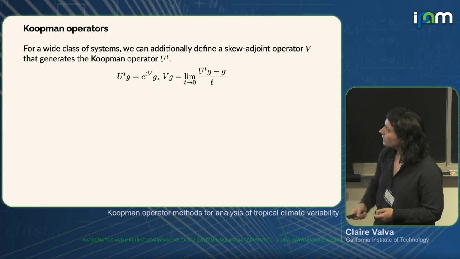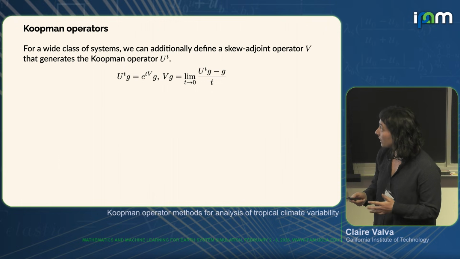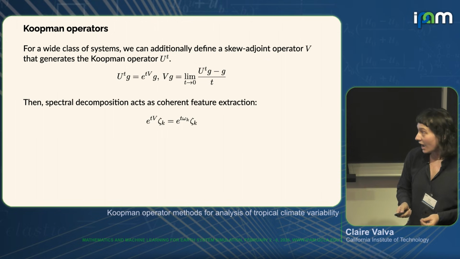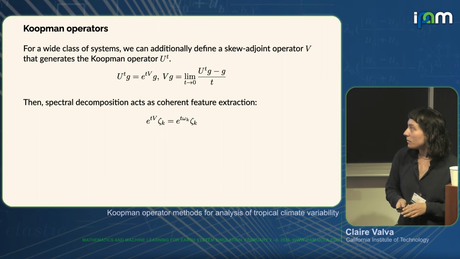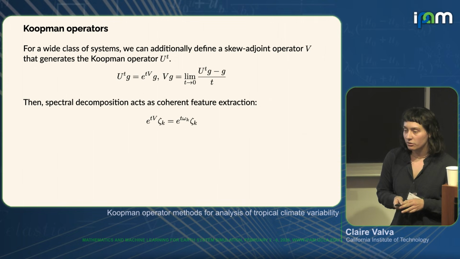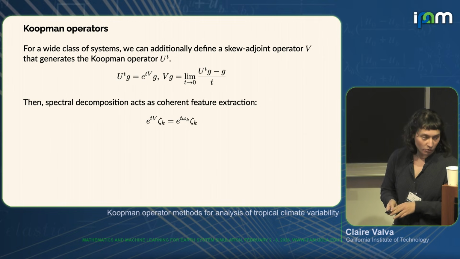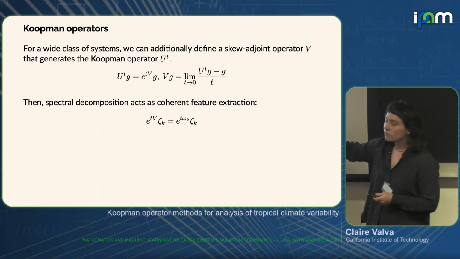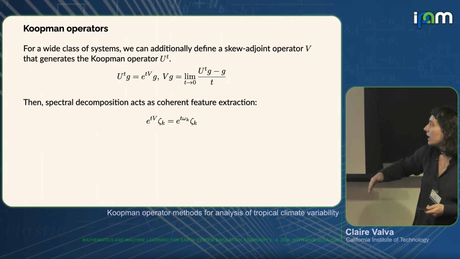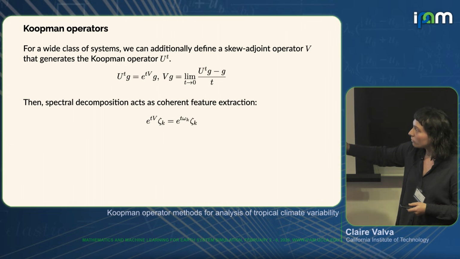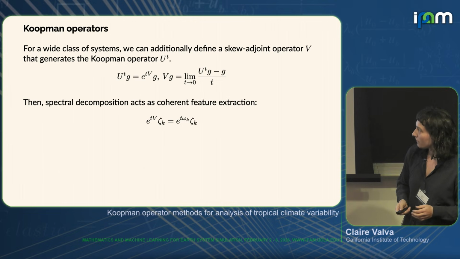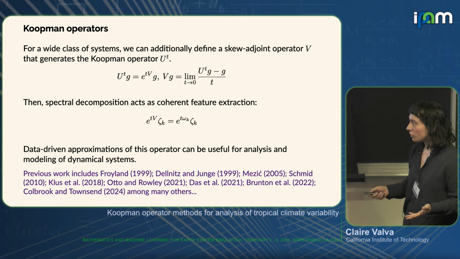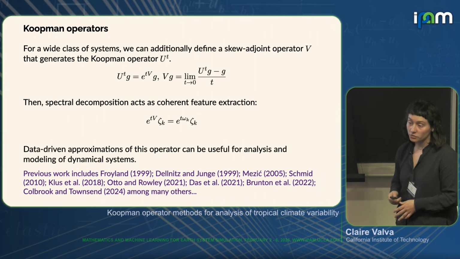One reason this is a particularly nice form to have is that spectral decomposition acts as coherent feature extraction, where coherent features are these eigenfunctions zeta k that evolve with a known frequency in a known way with its eigenvalue or eigenfrequency omega k. And because of this nice form, these can be pretty useful for analysis and modeling of dynamical systems,